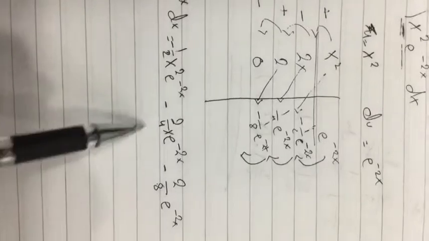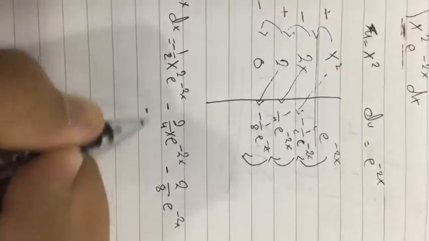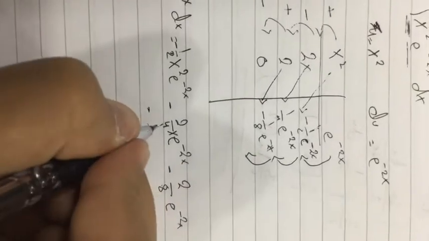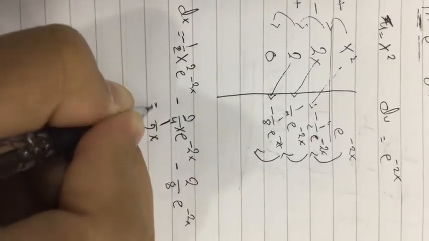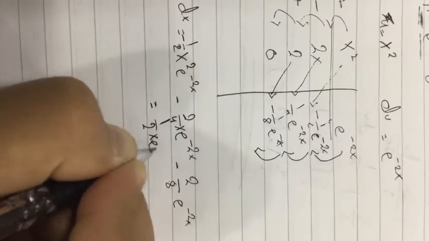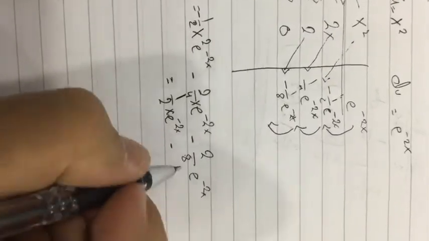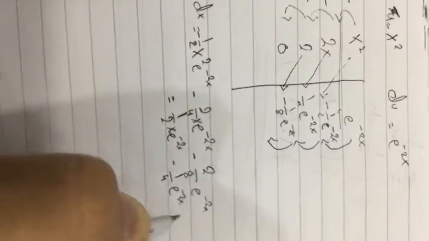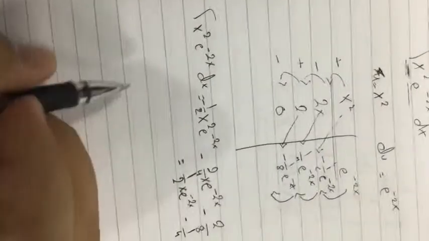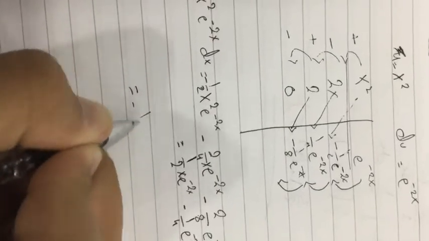We can simplify this and this by getting 1/2 x e to x, and here also 1/4 e to x. Okay, so the final answer is negative half